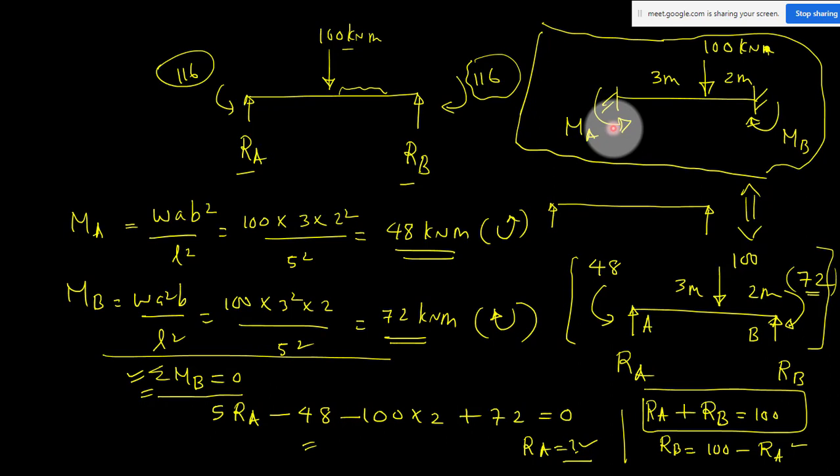So after getting the value, you have to just compare. Okay, this is getting higher, this is getting less. Why? Because this load is acting close to this point, so the load effect will be more at this support. That is how you have to observe all the questions. Then only you will get the subject completely. Otherwise you're just applying some value and getting some value. So you have to practice a lot, a subject like this.